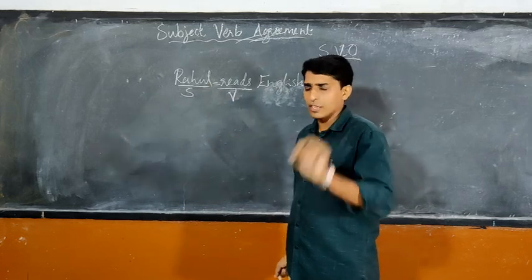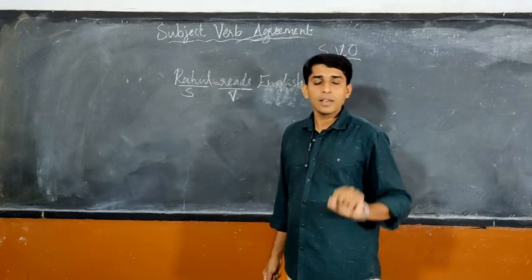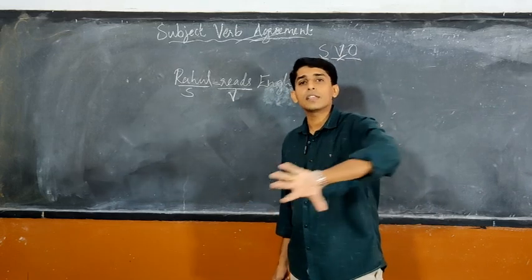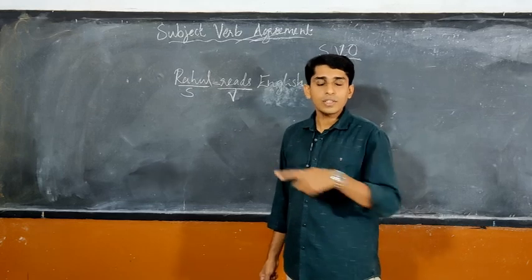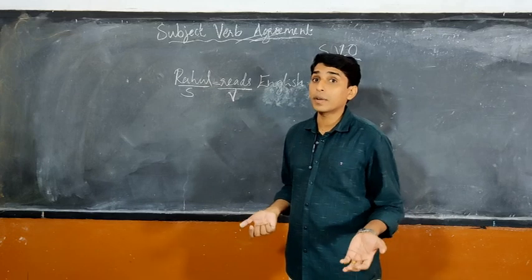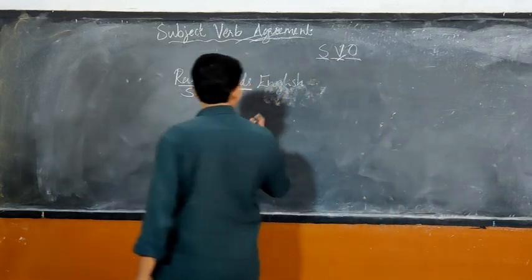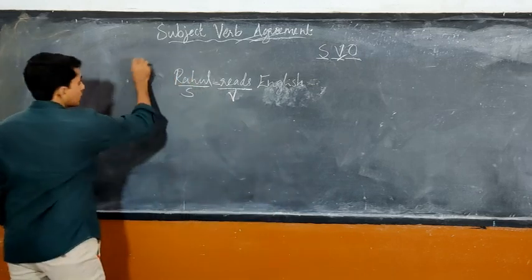You know already, I will tell you what it is. This agreement should not be broken. If the agreement is broken, everything collapses. So if you learn this, you will easily use English without any mistake. So shall we see what the agreement is? The agreement depends on two things.